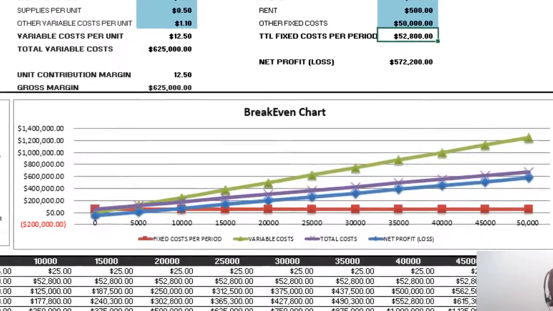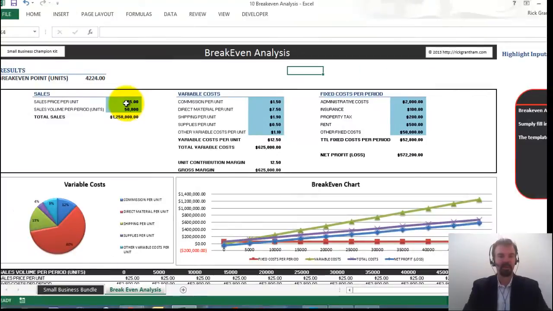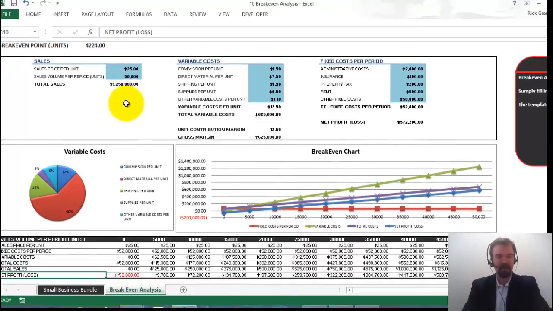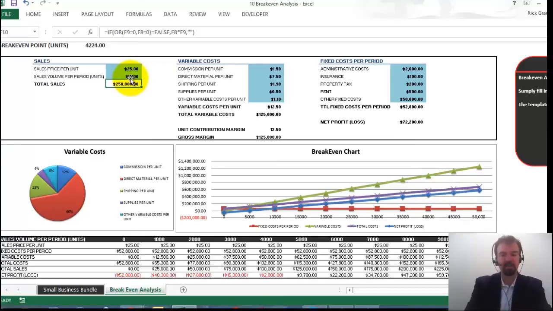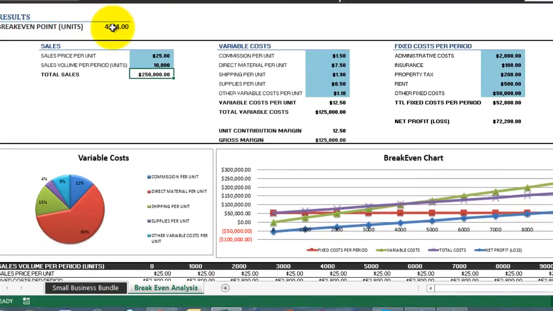And everything updates automatically. In this scenario, the break-even point from all the variables that we just put in is 4,224 units, which in this case is less than the 5,000, which is our first increment. So let's get something that makes a little more sense for us. We put in 10,000 units. As we put in 10,000 units, you'll see that our break-even was still 4,224, but now we have the